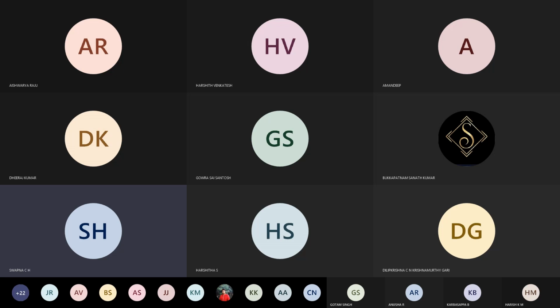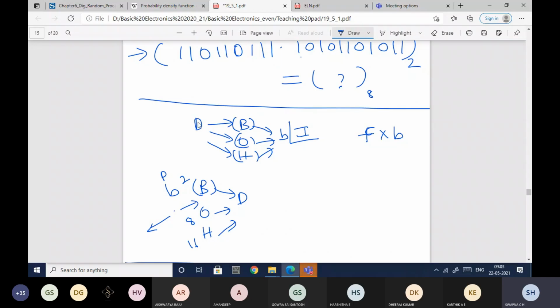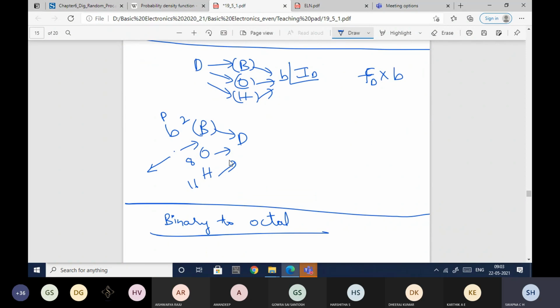In the last class, I've also mentioned, we have also done other conversions, like binary to octal. The integer part of the decimal number is divided, and in the same way, the fractional part of the decimal number will be multiplied with the base. And here, binary to decimal or octal to decimal or hexadecimal to decimal, we take base power. If it is binary, we'll take 2 power. If it is octal, we'll take 8 power. If it is hexadecimal, we'll take 16 power. That is how we convert one number system to the other.